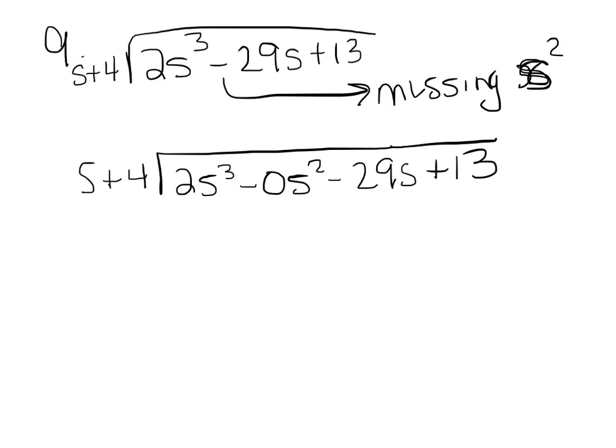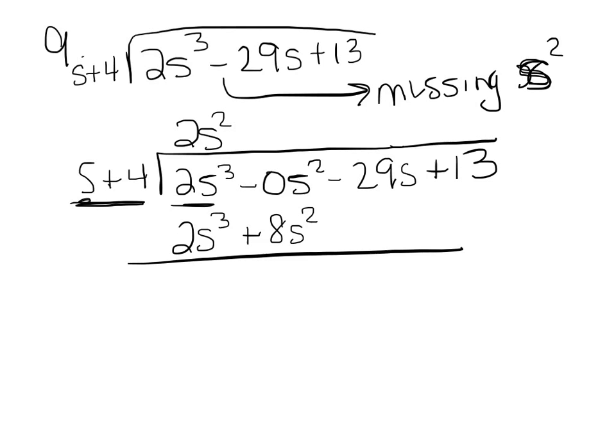Okay, now I want to get started. I'll look at this s going into this 2s cubed. And I need a 2 here. I need an s squared. So when I multiply that by the entire divisor, s plus 4, I'm getting 2s cubed plus 8s squared, and now you see how my columns are lining up much better for s squared. Alright, so I put a parentheses around this, and I'm going to subtract it. The parentheses are important. It makes these cancel, and now I have 0